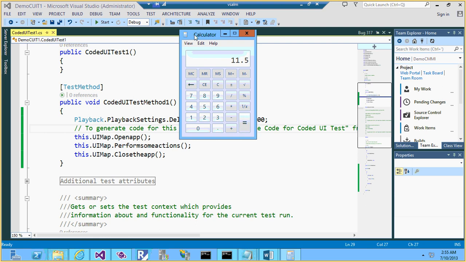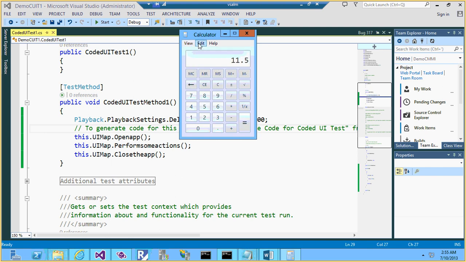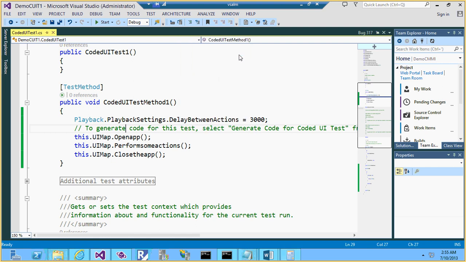So yesterday you are able to see this thing, right? So far this is exactly what I performed yesterday, so that you can go and play back, reduce. You can directly hand code the scenario, provided you know the ID of the control, and you can hand code directly onto your Visual Studio itself, right? I'll just show you how you can add certain validations, certain logics to the existing